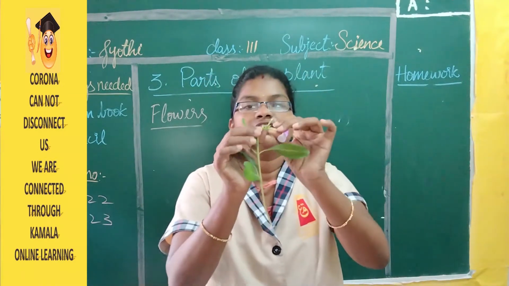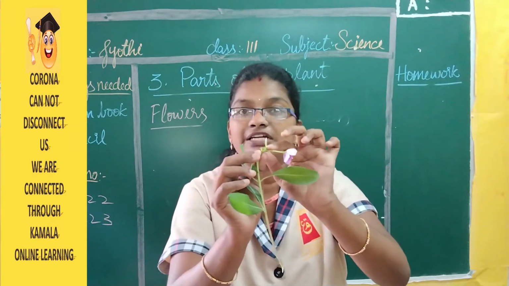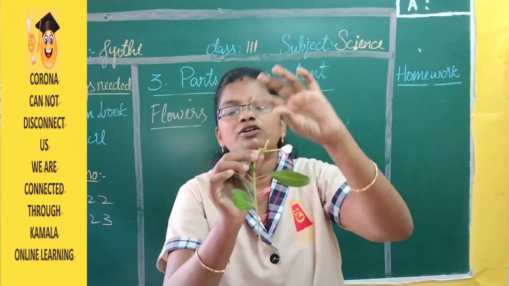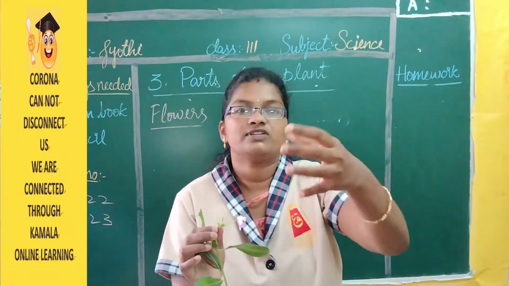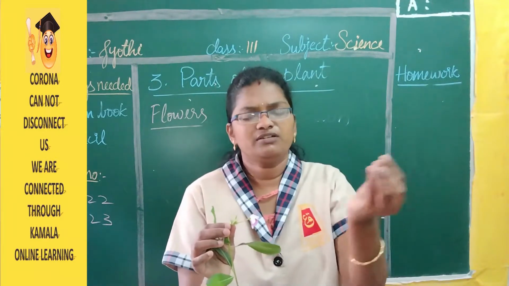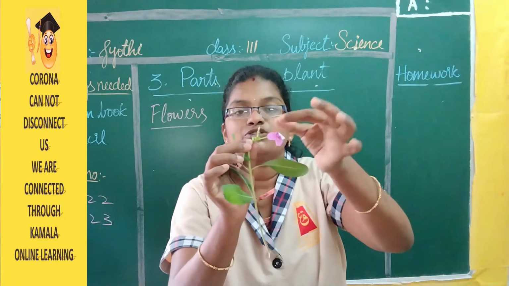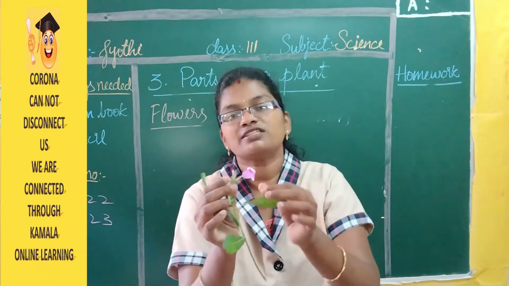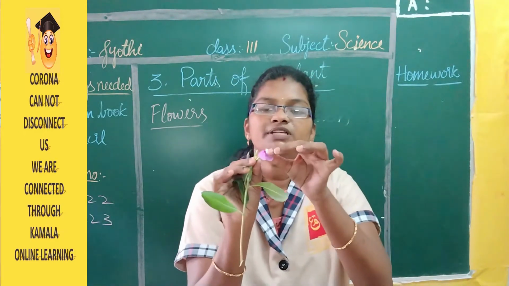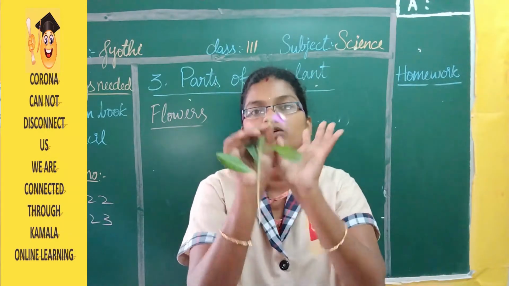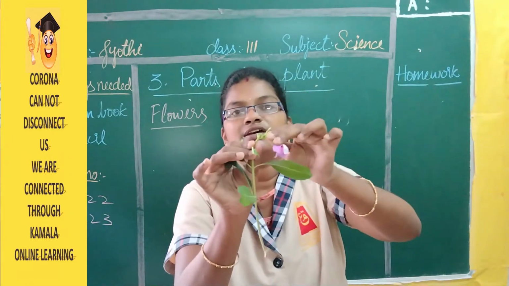Now if you see here, this is the starting stage of the flower and we call it the bud. For a few plants it will take 2 to 3 days, and a few plants will take a little more time, and a few will bloom within hours. So this is called a bud. From this bud, within 1 or 2 days it's going to change into a complete big flower. That means it is going to bloom, it's going to become big. So this is the starting stage of the flower.